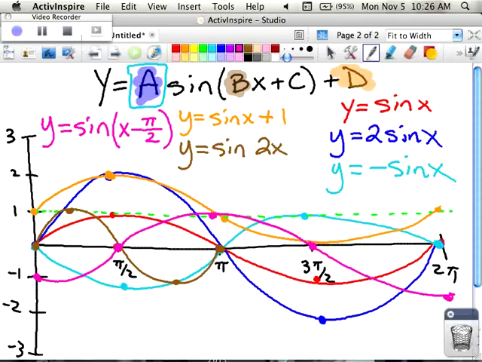The way that you find your shift, because shift happens, is you set the stuff inside the parentheses equal to 0. And the C specifically